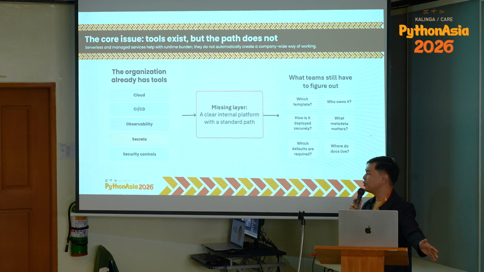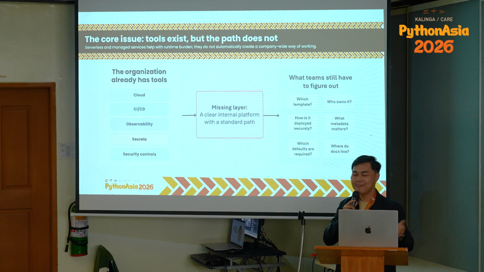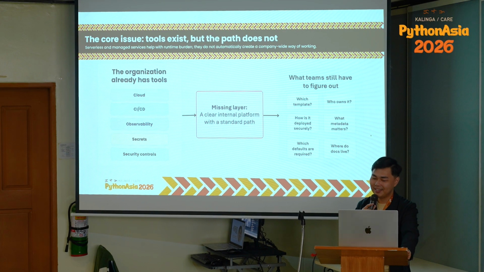So this is actually connected to the promise of DevOps, right? Where we want to really break silos, shorten feedback loops, and bring teams closer together. So that shift is really important. It moved away from a world where developers threw code over to an operations team and then hoped for the best that it will run properly. But in many organizations, what happened next was incomplete. The silo was reduced, but the path was never made clear.